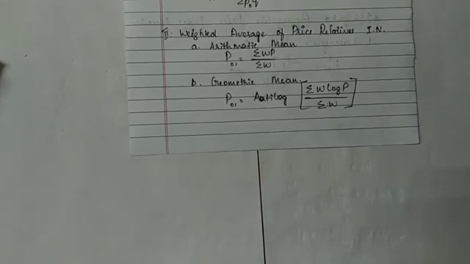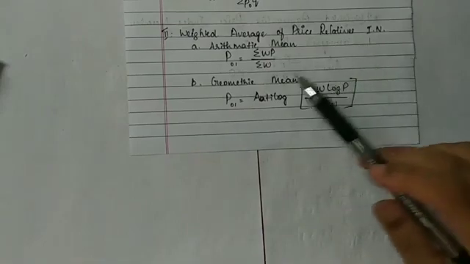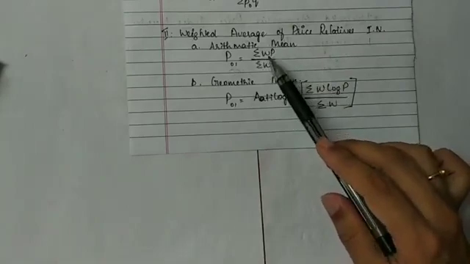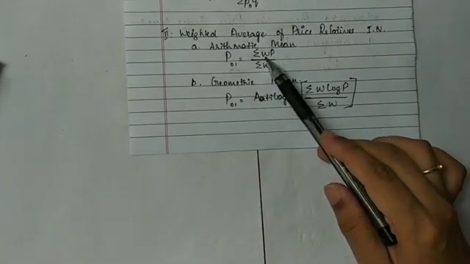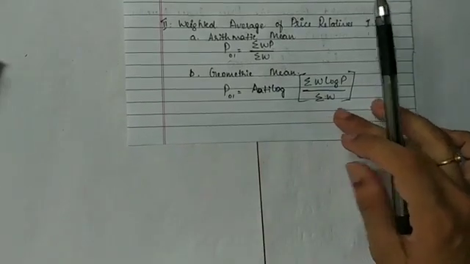Now let us start with the second method of weighted index number, that is weighted average of price relatives index number. In this, just like the previous simple average of relatives, here also two are there, arithmetic mean and geometric mean. Just like the simple one, the only additional thing here is W, that is weight. Since weight is given, you all know that, right? What is weight, isn't it?